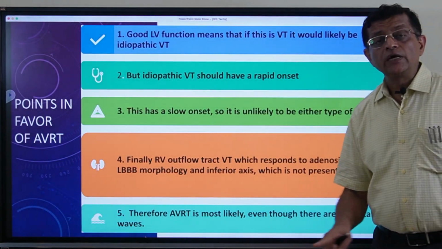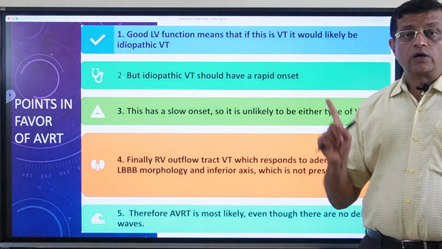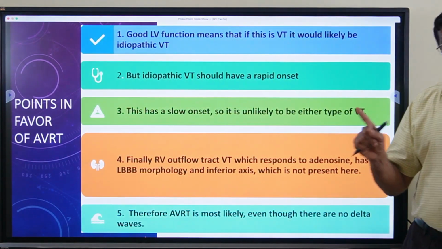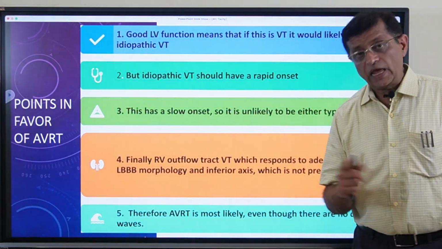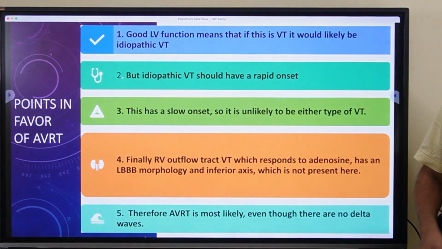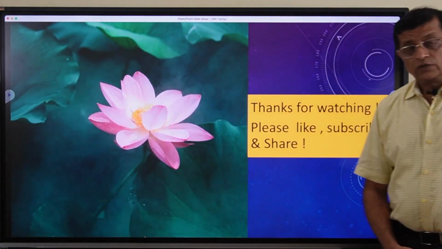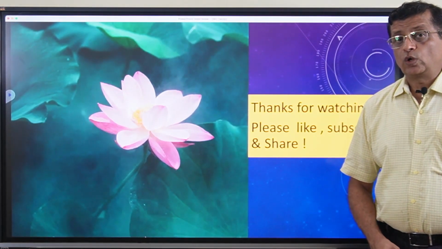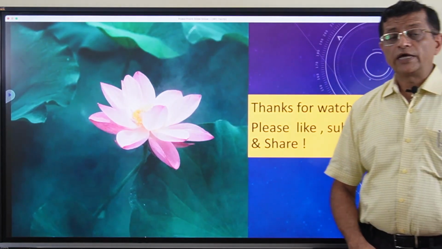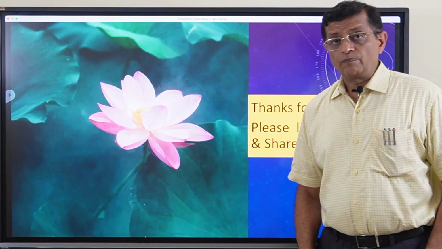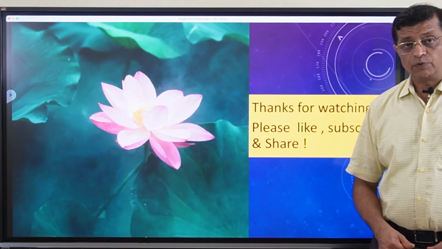Sometimes there is only antidromic or reverse conduction from the accessory tracts. So even if you do not see delta waves, patients could still have antidromic AVRT, and to diagnose that you require an EPS. Thanks a lot for being with me. This was part 2 of the lecture on diagnosis of wide complex tachycardia. I hope this is going to help you in your clinical